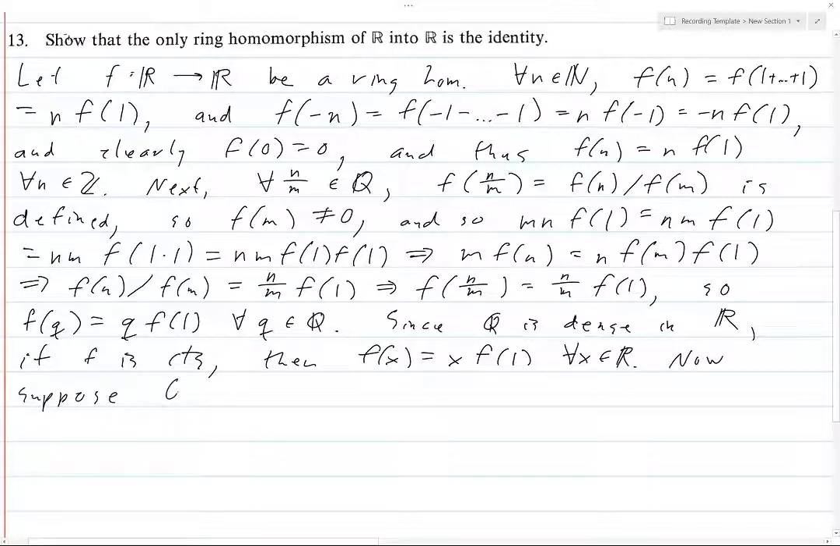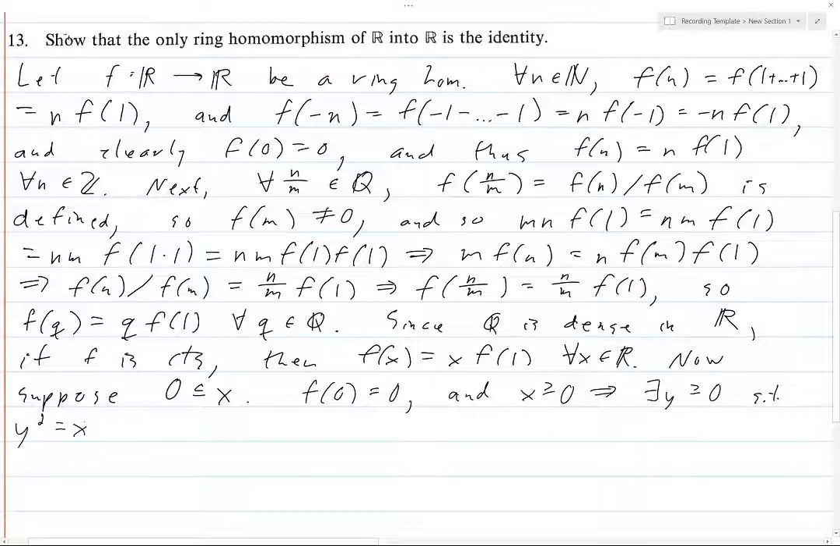So now, suppose 0 is less than or equal to x. So here we, oh, God, come on, computer. f of 0 equals 0. And if x is greater than or equal to 0, then there exists a y greater than or equal to 0 such that y squared equals x, because you just let y be the positive